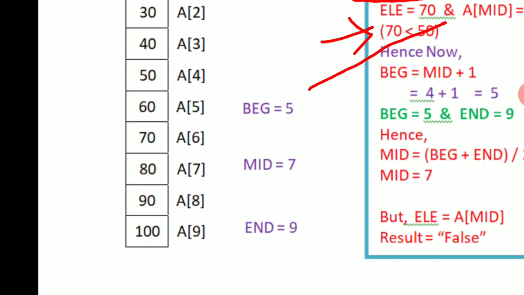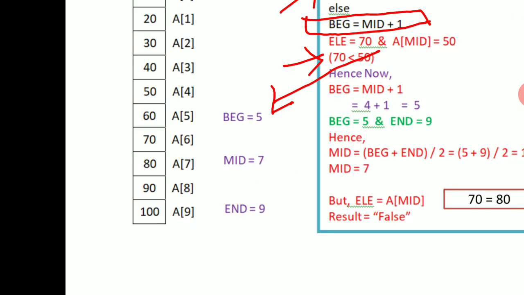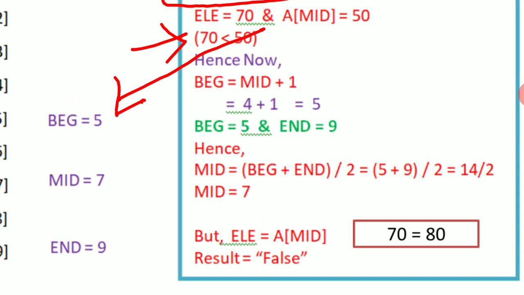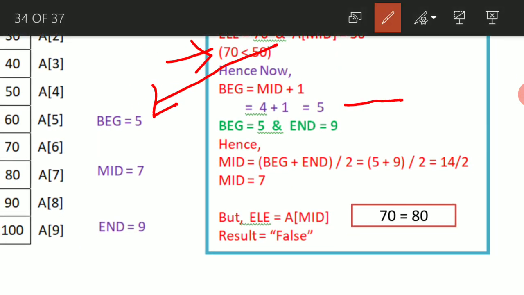See, you can concentrate here. The beginning equal to mid plus 1 means the beginning becomes 5, because previously mid was 4, isn't it? Now what is the mid value? The mid value is going to be 5. Correct. A of 5, how much? What value do we have in A of 5? It is 60.